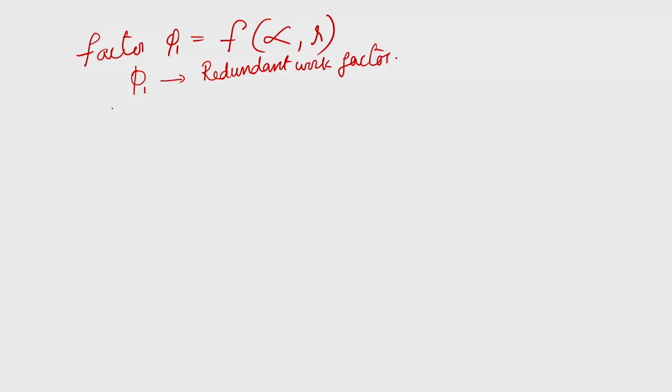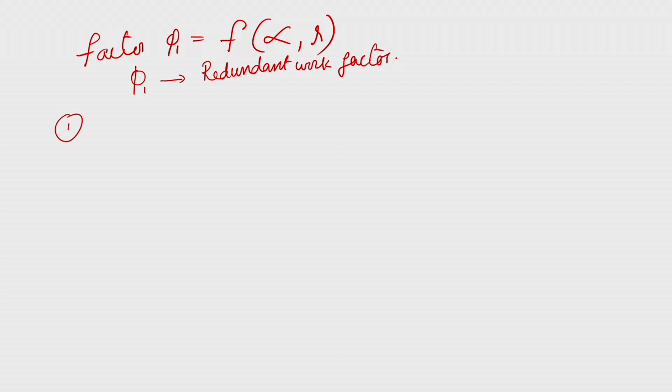If the die angle is very large, then after a certain die angle there will be an internal shearing of the material, so too much extra work has to be done. So it is very difficult to derive an expression for this redundant work or redundant deformation. The only way is to carry out some experiments and then find empirical relationships. Okay. So there are two or three methods by which this redundant deformation can be found out.